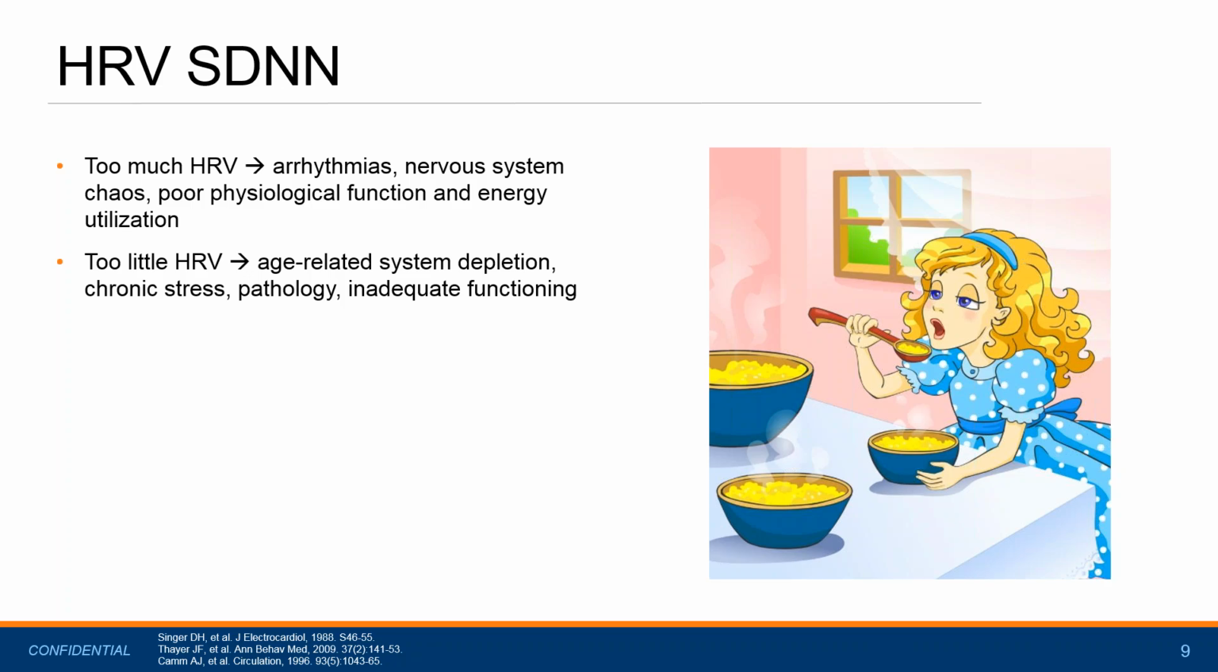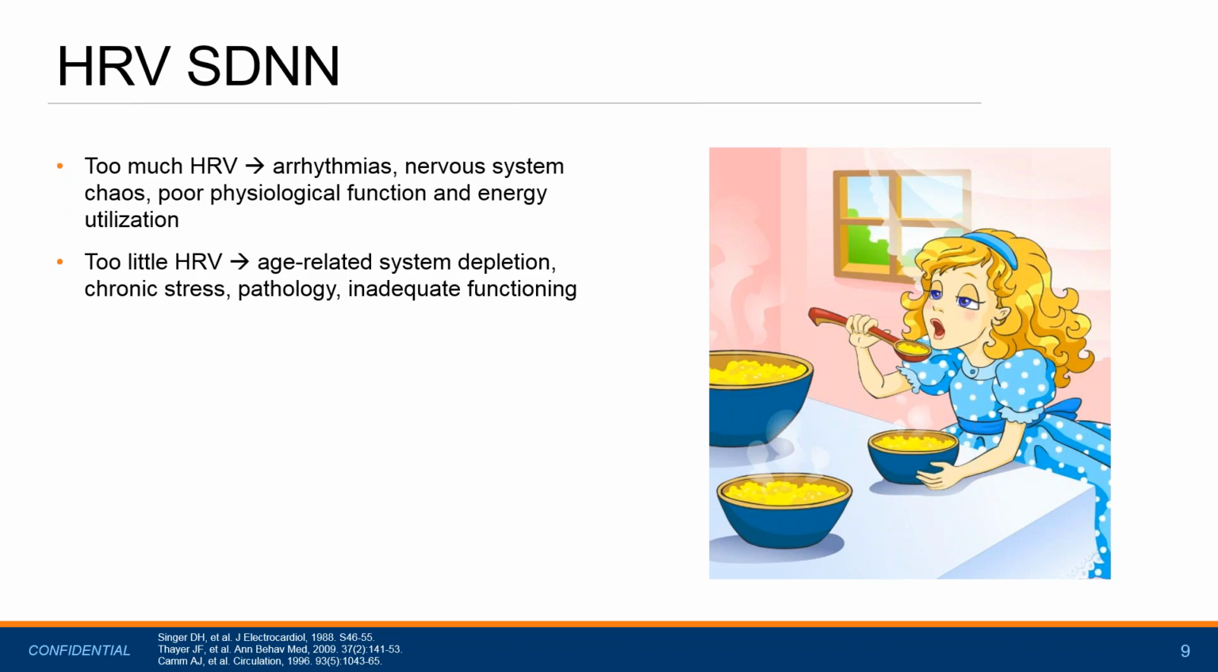Generally, too little heart rate variability means age-related system depletion. It's a great measure of physiological aging as opposed to chronological aging. It can represent chronic stress. It can represent pathology of different disease states. And really, it's just representing inadequate functioning of the autonomic nervous system, and hence inadequate functioning of the central nervous